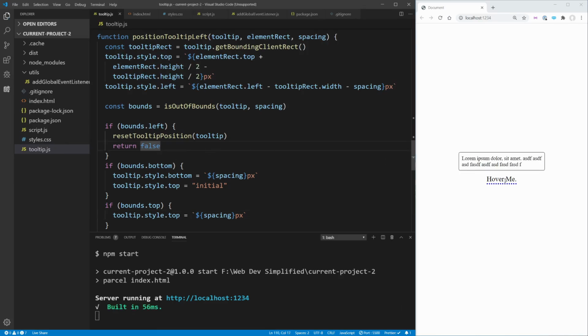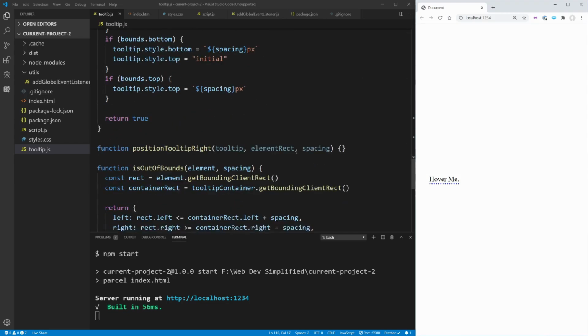Now if we save, you're going to notice our tooltip appears on the top because there's no room on the left or the right. Move it over here. It shows up on the left because there's room on the left, which is great. Down here, it shows up on the left. Up here, it shows up on the left. But if we move to the right, it's still not showing up on the right because we haven't implemented that